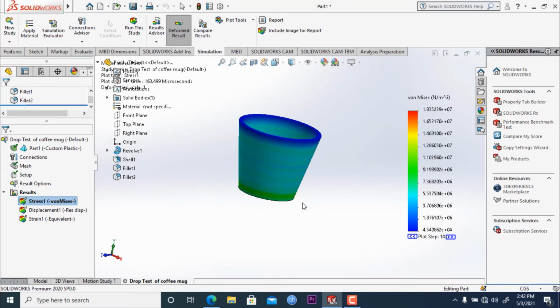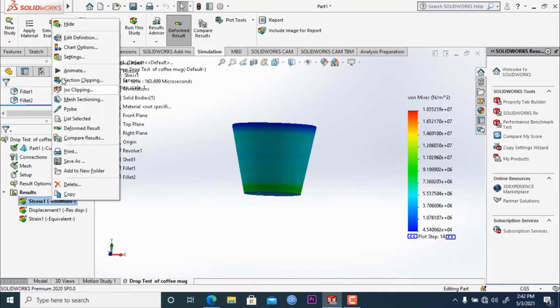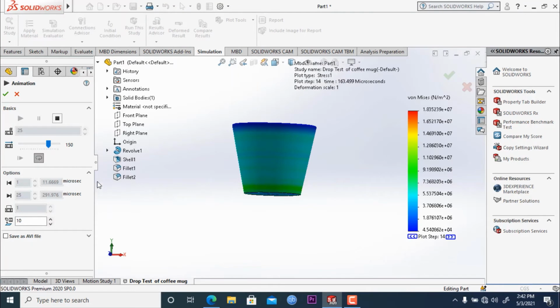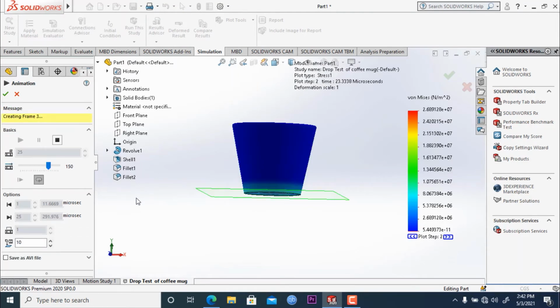So to have a clear view, we will right click on this, and we will click on animate. What it will do is show us the animation. So SolidWorks is running the animation here, right here you can see.